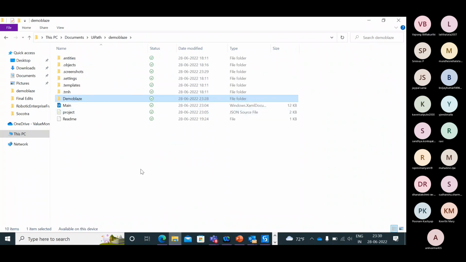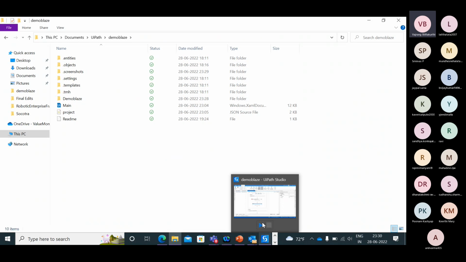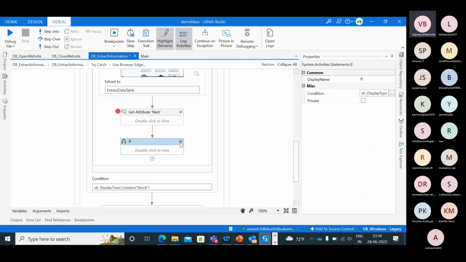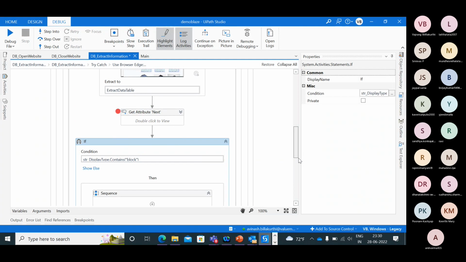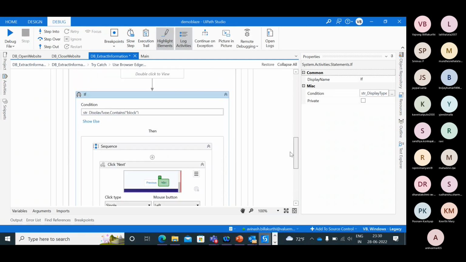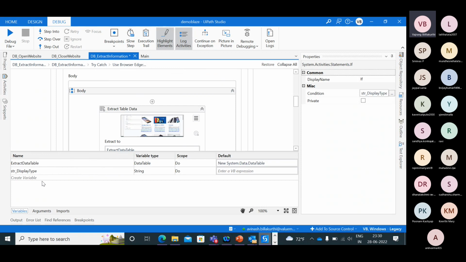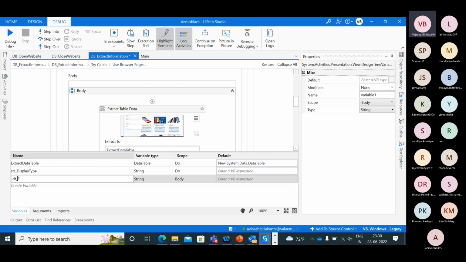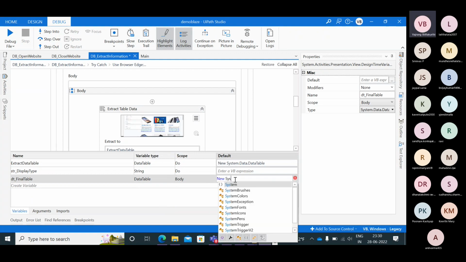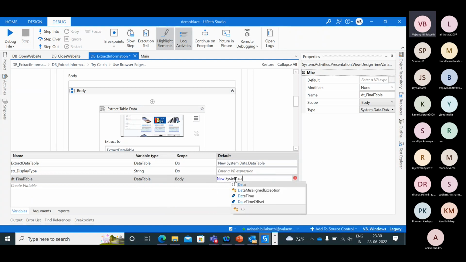I already know what my table will give me. Is it right or not? So I'll create one final table called dt underscore final table, and it will also be a data table, new data table, and this is new System dot Data dot DataTable.